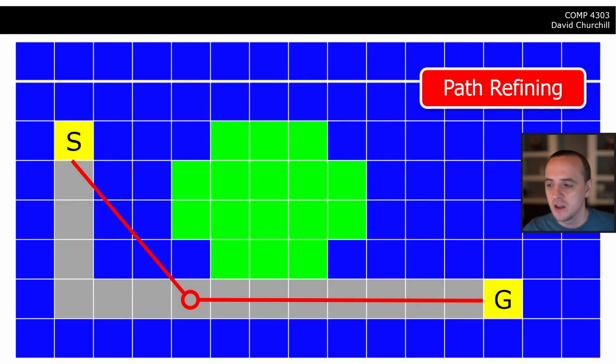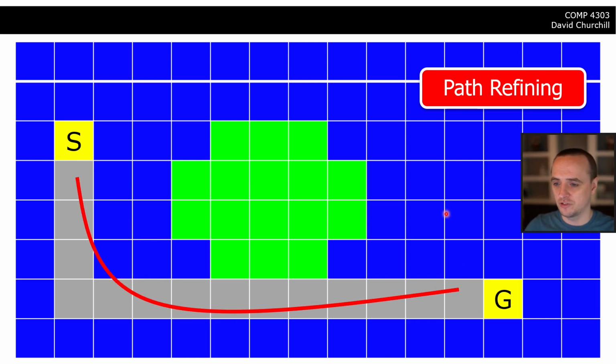Let me move this down here. Okay, so this is called path refining. And we can see here what we have now is a much faster path because we can just go to this waypoint and then to the final goal. Or we could apply some sort of smoothing behavior so that now, even though we've used a grid to implement our pathfinding, which is a type of graph, we have a smooth movement behavior from the start to the goal.